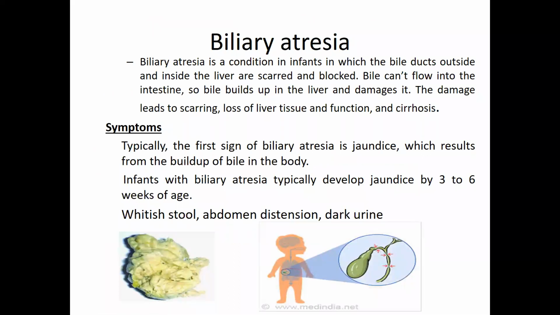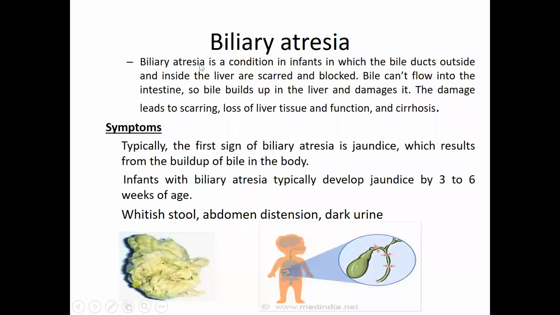Okay, so another congenital anomaly, which is not so common but very important because we have to diagnose it very early. If we diagnose very early and treat the condition, the patient will have a completely normal life. But if you diagnose the patient late, not even that late, like 3 months or 4 months, then the patient will not survive, because you have to do the operation very early. If you do the operation late, then the patient will have biliary cirrhosis and will expire. Okay, so the prognosis is very bad if you diagnose late. That's the reason why we have to diagnose very early, though the disease is not so common.